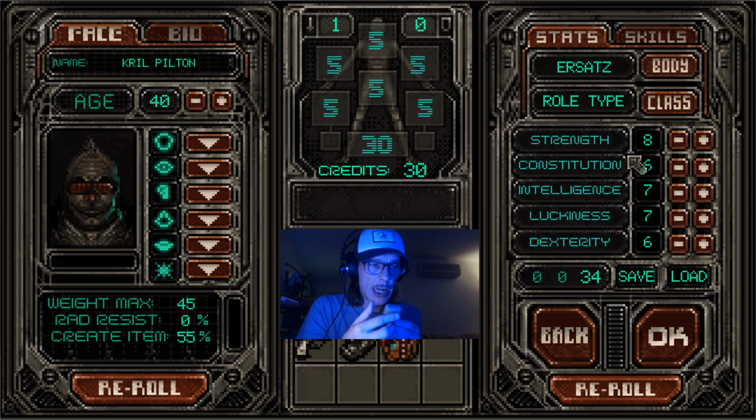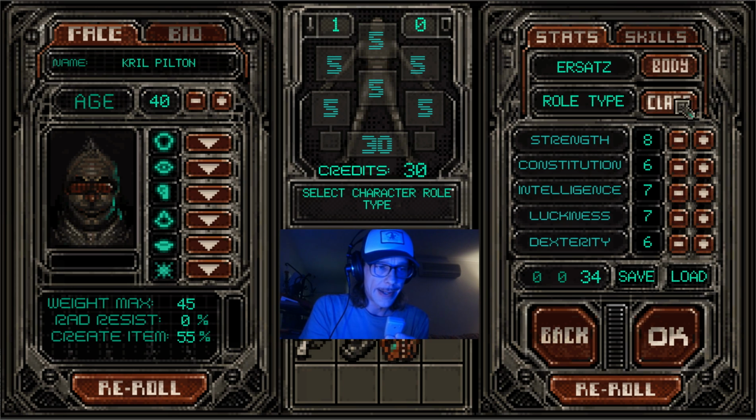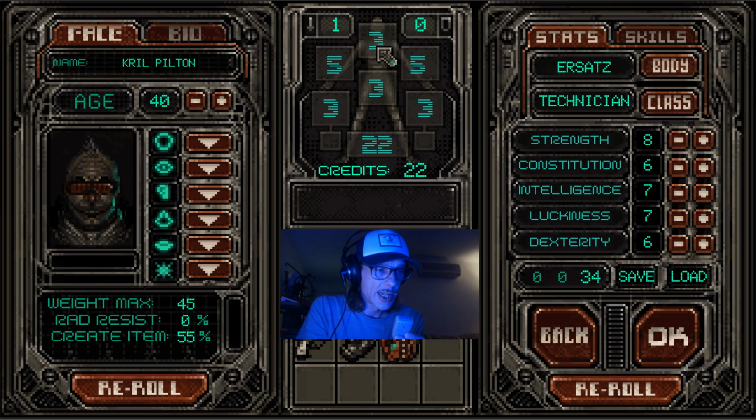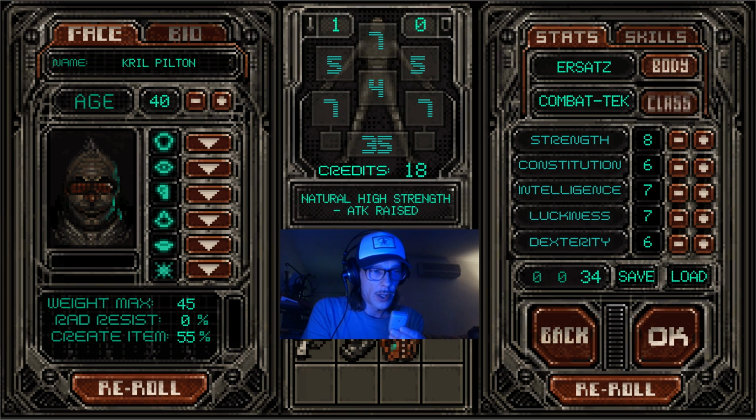Essentially body type, like AD&D, will be the main thing that changes your main stats, and the class or role is what we're calling it here. We just haven't done the artwork for that button yet. The role or class really determines your hit points or hit dice in D&D, essentially how much health you have. So, for instance, a technician will have quite low rolls, combat technician something in between, and soldier having much higher